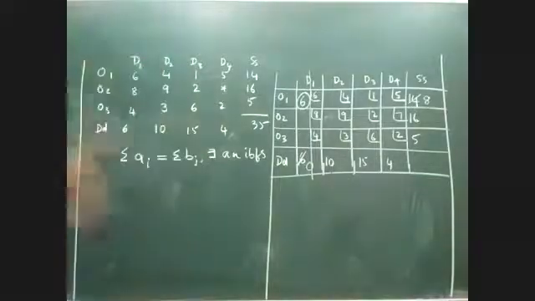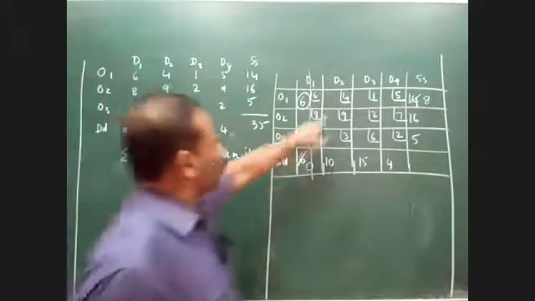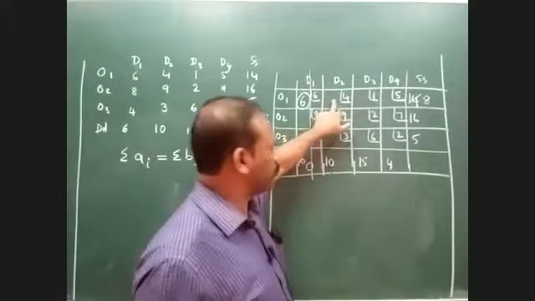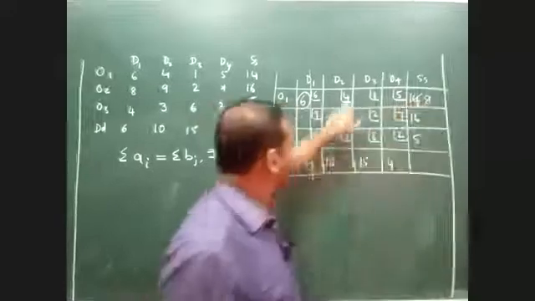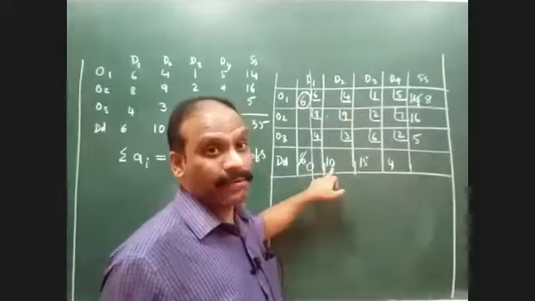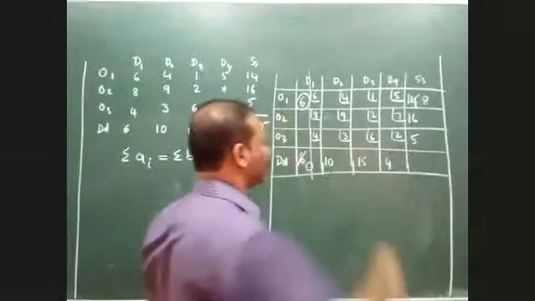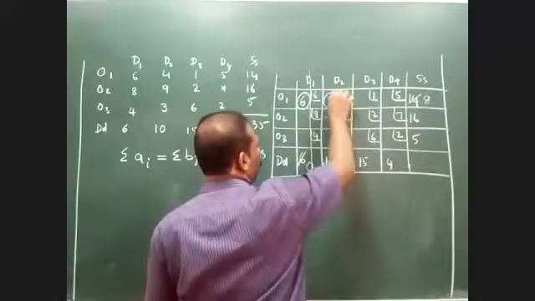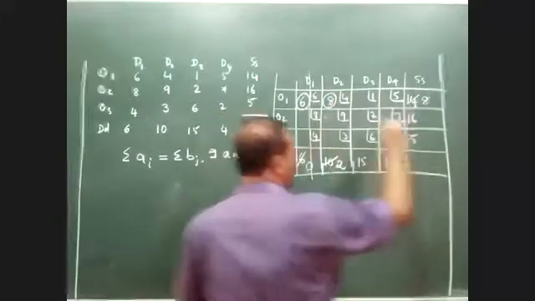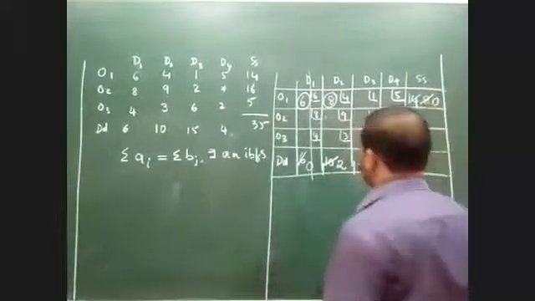From the reduced matrix, again identify the northwest element. Now can you please tell me which is the northwest element now in the reduced matrix? 4. Sorry? 4, very good. So 4 is the northwest element in the reduced matrix. Same procedure. Compare the supply and the demand and identify the lowest value. So 8 and 10 are the values. Obviously 8 is the lowest value. So if I am allocating 8, this becomes 2 and this becomes 0.